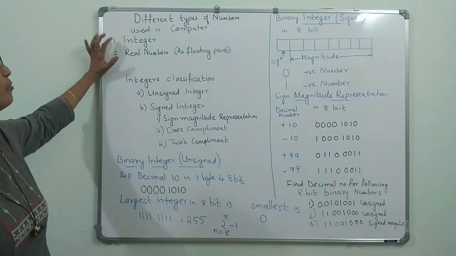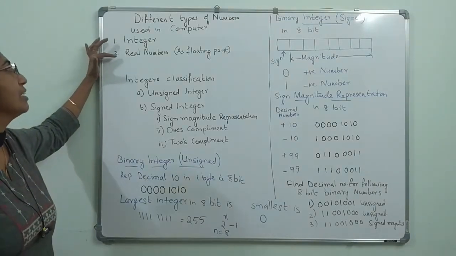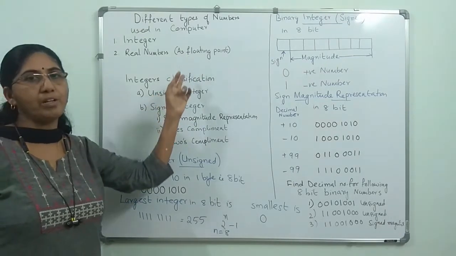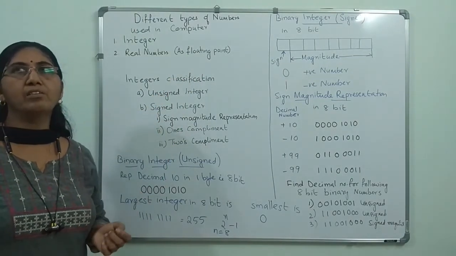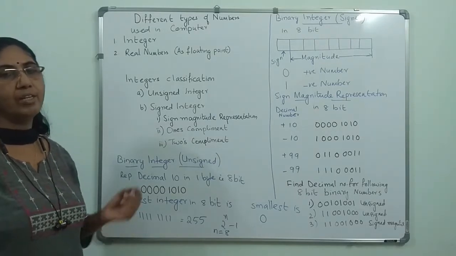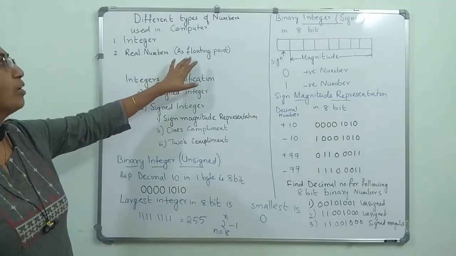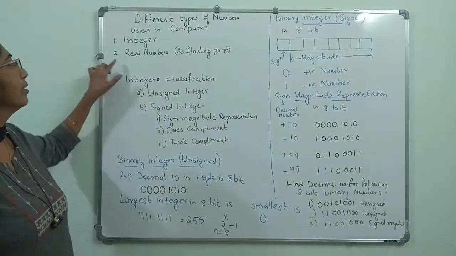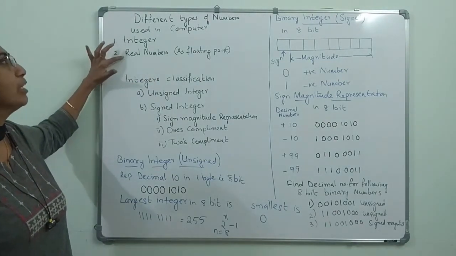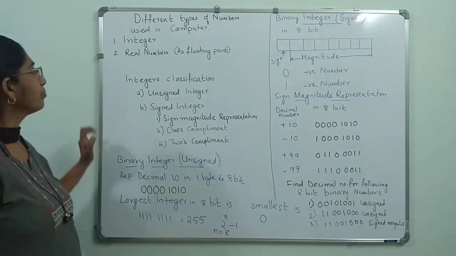Basically there are two types. One is the integer, which is your 1, 2, 3, etc. Then you have real numbers. Real numbers are denoted as floating points. Suppose you have some number as say 3.12 or 4.01. So there are numbers before and after the decimal. Such type of numbers you call floating point or float. They also have to be represented in the computer. So these are the two different types of numbers which you represent in a computer.